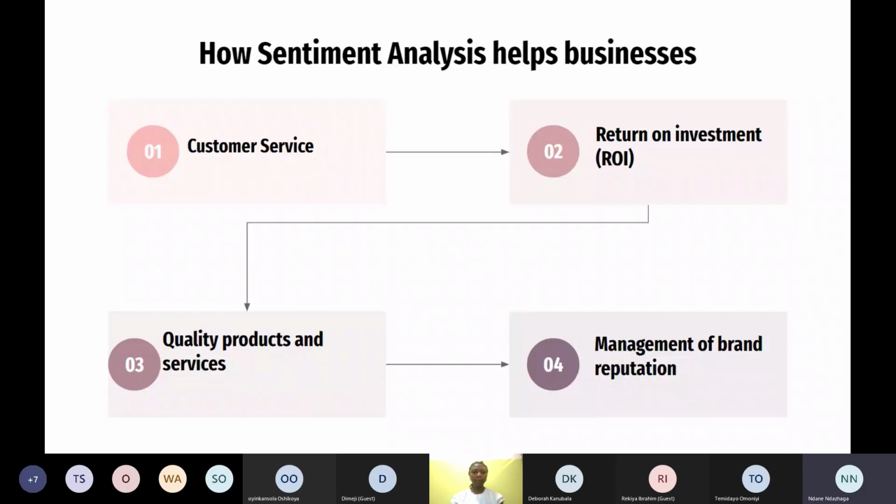So why is sentiment analysis important? It's important because you're able to